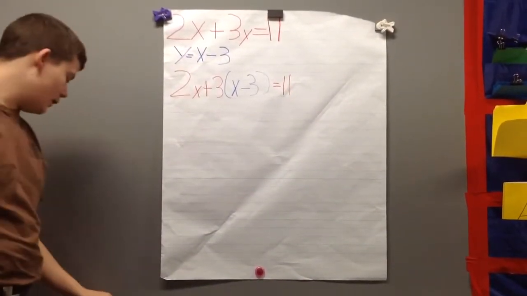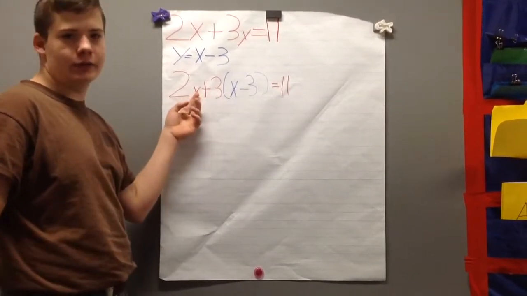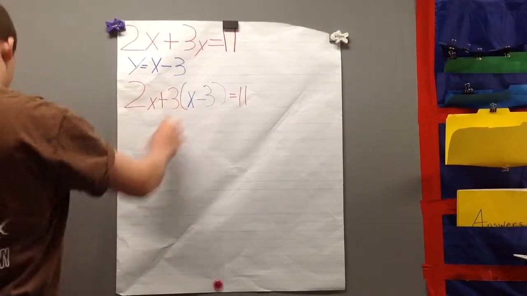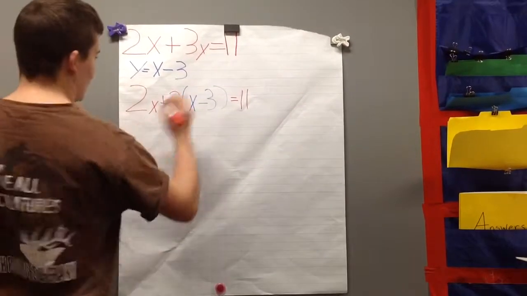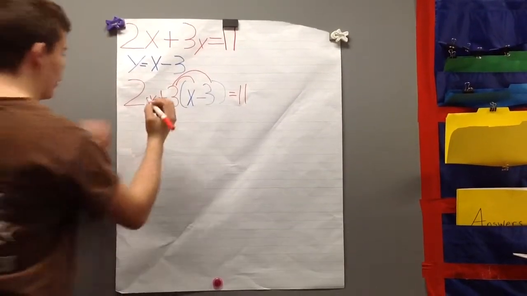Next we're going to simplify to find out what x equals. First, you're going to want to distribute: 3 times x and 3 times negative 3. Therefore, our new equation is